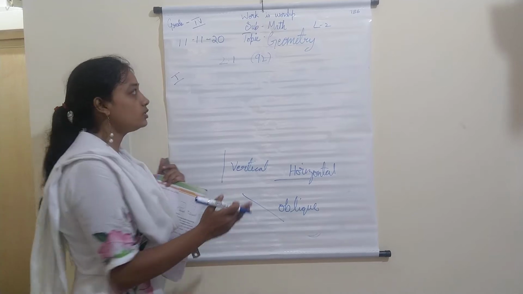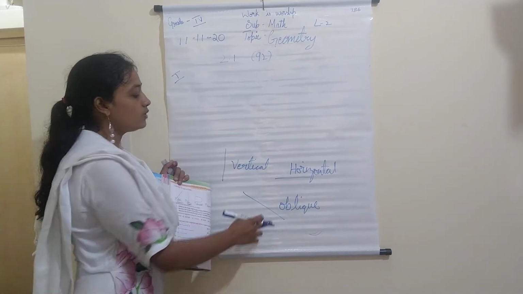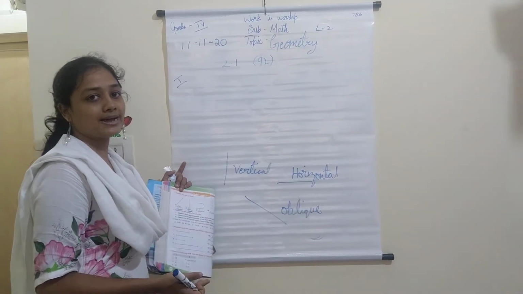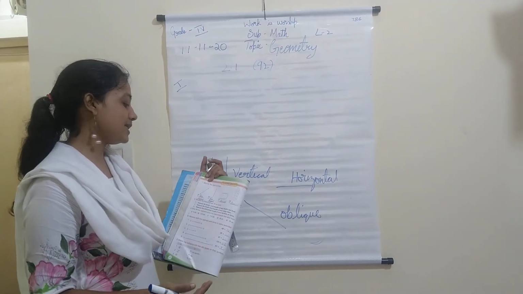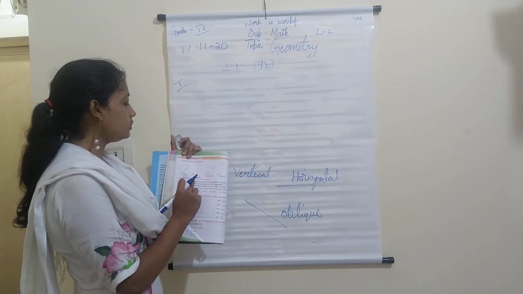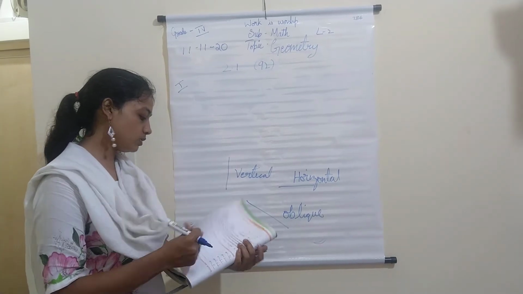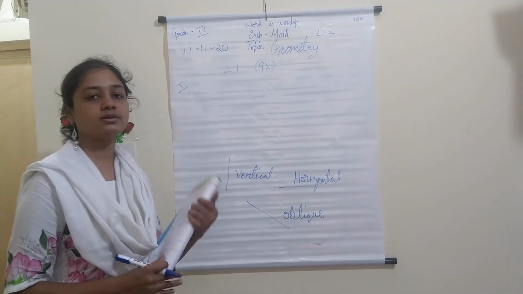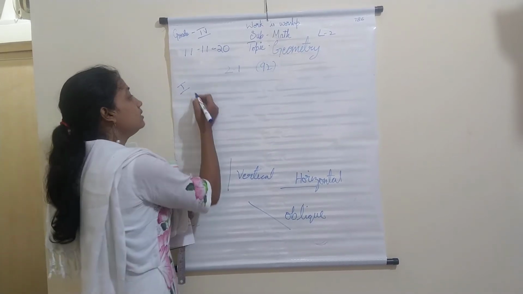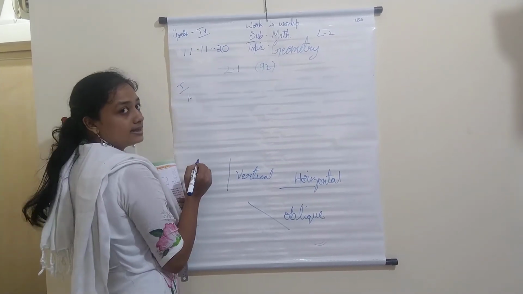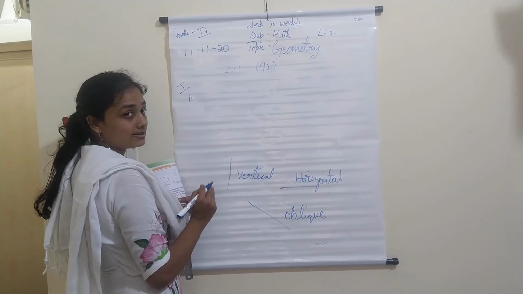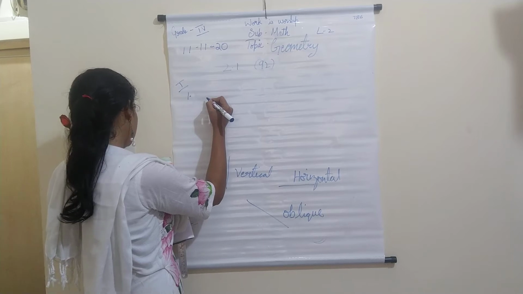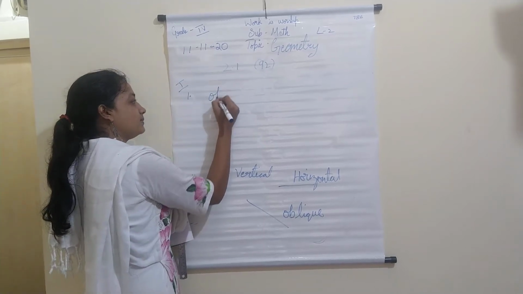Okay children, you can see the first one of this kind. It is slanting. So what is the name of that line? It will be an oblique line. And you also see an arrow mark on both sides. So it is just a line. It is not a line segment, it's a line. So the first answer is, I am writing only answers. First answer is an oblique line.